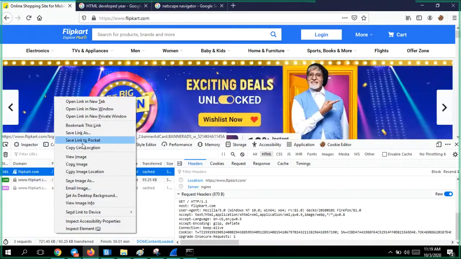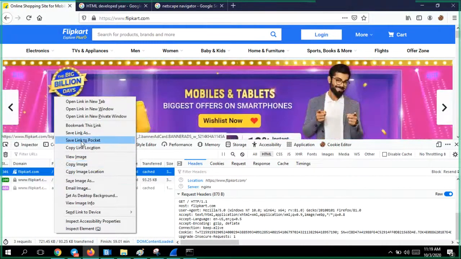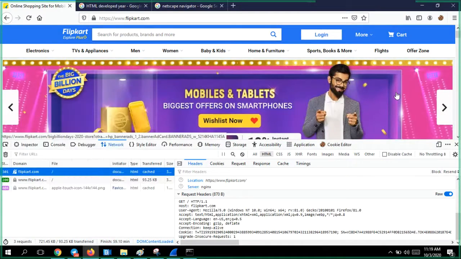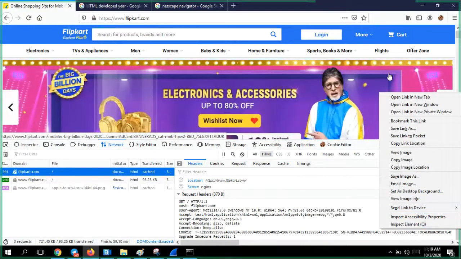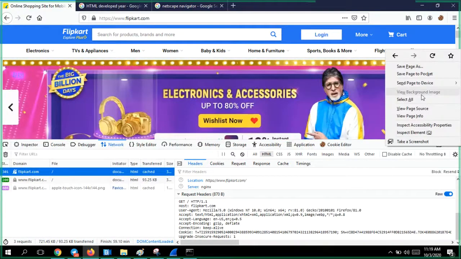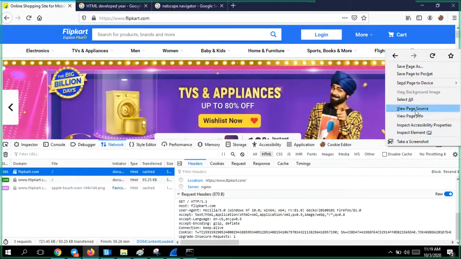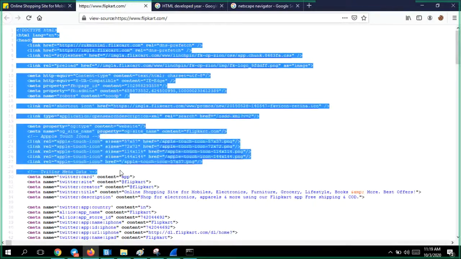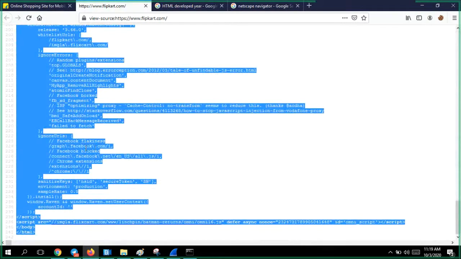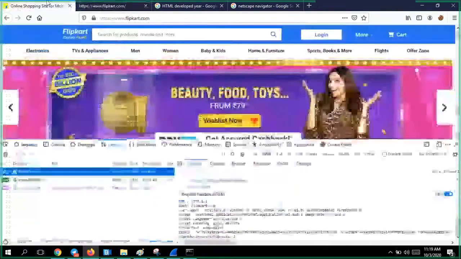If you go here, right click and click view source. Where is view source? It is not here. Yeah, view page source. Right click on this, and if you see, this is the HTML language. That is, the web page is built by the server. From the server, you got this web page. You entered just Flipkart.com and clicked. That request went, and from the other side, you got all this information, which turned out to be this web page.